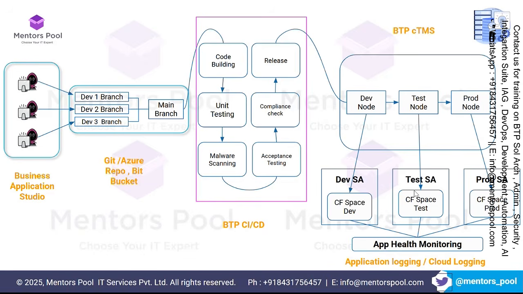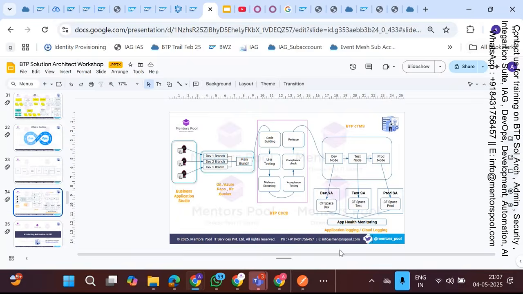You have dev, test, and QA, and I have created 3 sub-accounts for that, right? Now the version control can be done with Azure Repos or Git. My Business Application Studio can send the code into this Git repository. In Git, I have created one Git repository for project 1, one for project 2, and one for project 3. So let's say I open the Git,